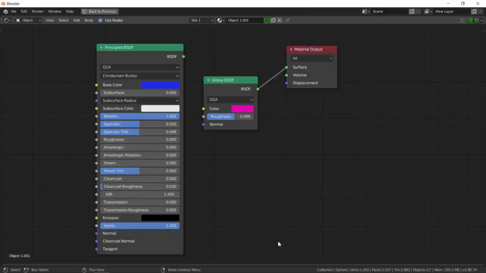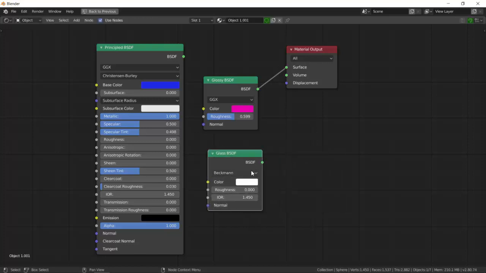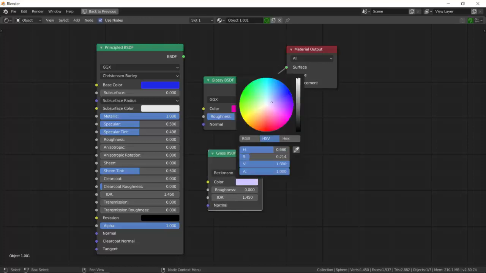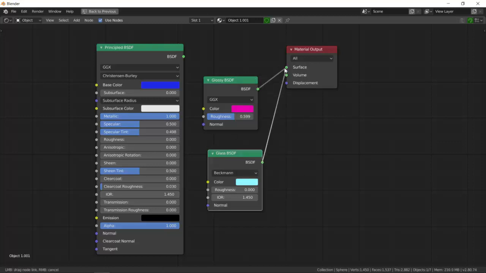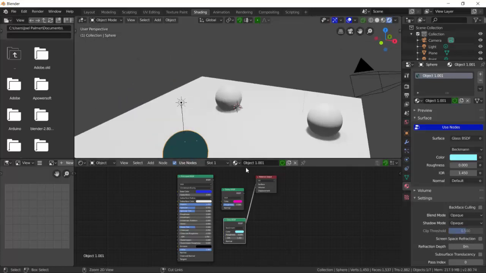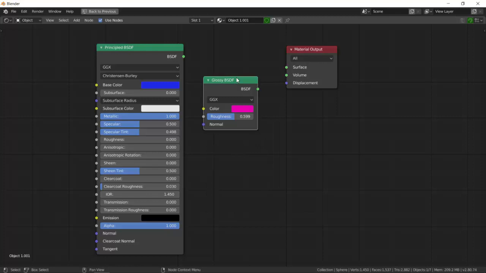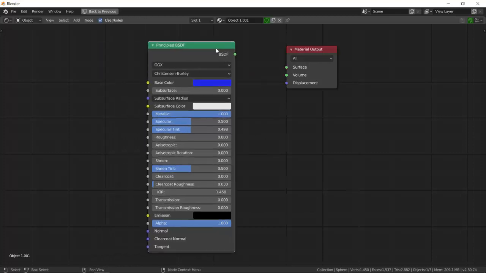Now there are quite a few different shaders you could use. So again, I could add another one. If I went to a glass shader, again, I'll just give this one a light color. And all I do is change that to there. And if I click back, you'll see I get a different result each time. So there's lots of these shaders built in here, and the only way you work them out is by experimenting. I'm just going to delete these two and reconnect my